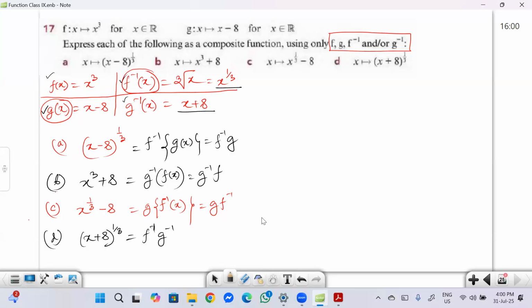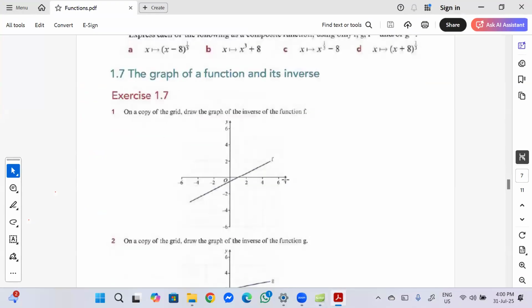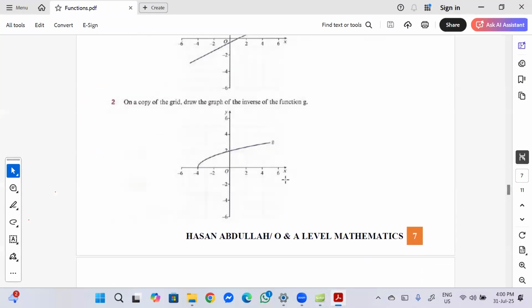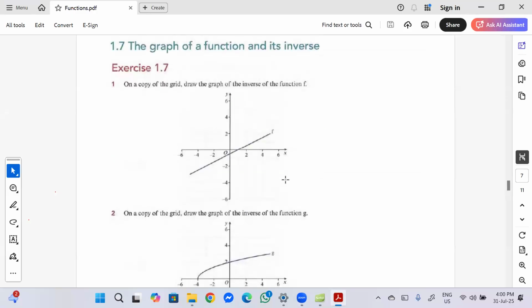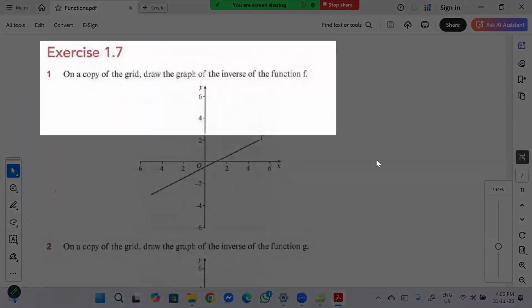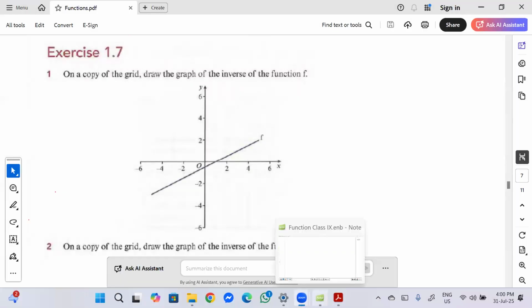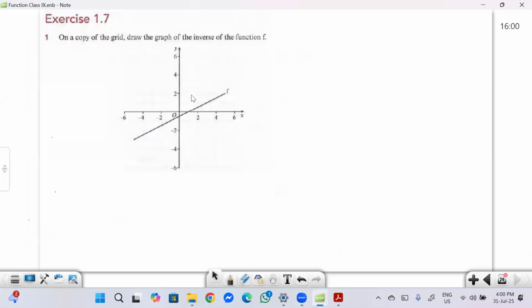Now we're going to explore the inverse graphically. Okay, so the inverses that we have done so far, how they look in a graph, so that is something we need to find out. So if you guys have your worksheet with you, so you can use the worksheet to find that out or try to draw them. So here in some questions also we are going to be asked to find out the